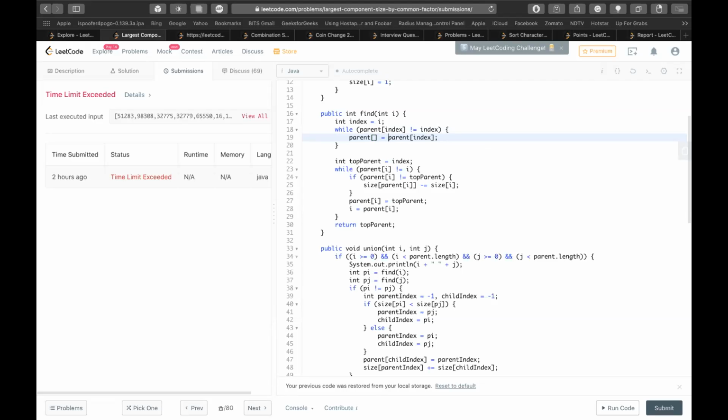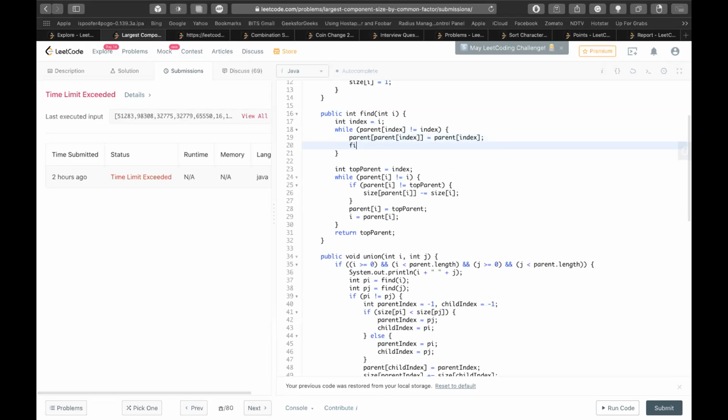Okay. Index. You can call... Oh no, just put only index there. Yeah, simply index. And after the equal to, say find first. After equal to? Yeah, just say find. Okay. Find of that page. No, it's recursion. Like here, after equal to, line number 19, after equal to find. Well, I'll just write in the chat and give it to you. Okay. So what I was saying is parent of... Okay, there is no while loop, you are saying.